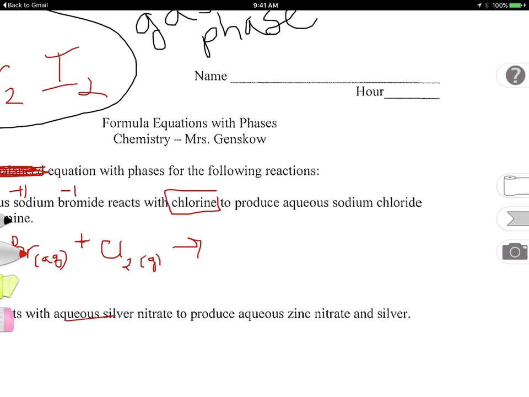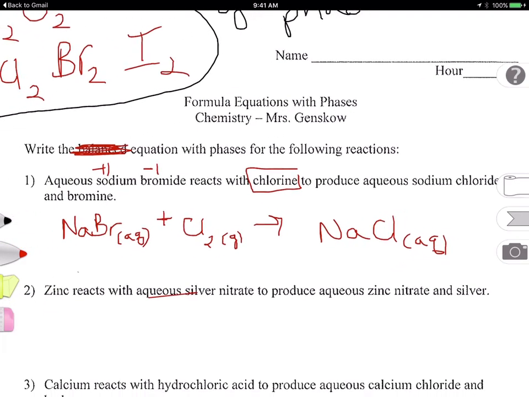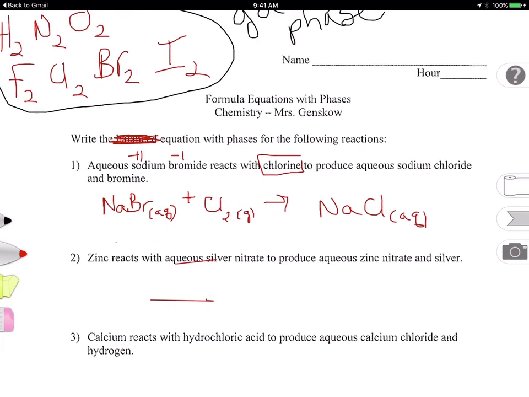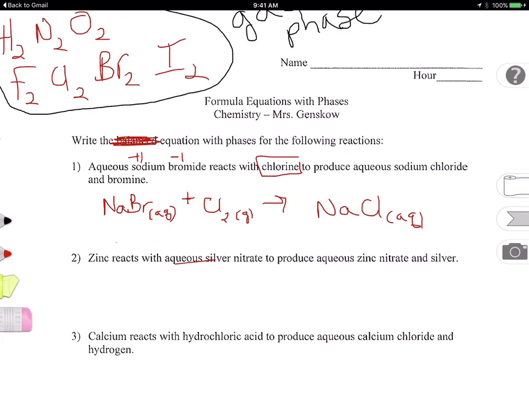Reacts to produce. That "to produce" is the clue for the arrow. And then it produces aqueous sodium chloride, which would be NaCl, and it says it's aqueous, so it's a label of aq. So what you are doing with this worksheet is simply writing the formulas, and then putting the phase labels that coincide. And again, the phase labels should be given to you. It should be pretty easy for that. The only thing that you might want to make a note of is, like in this one,